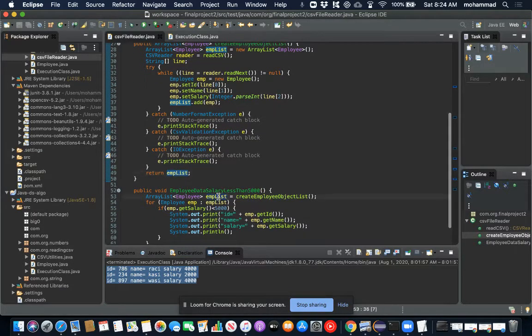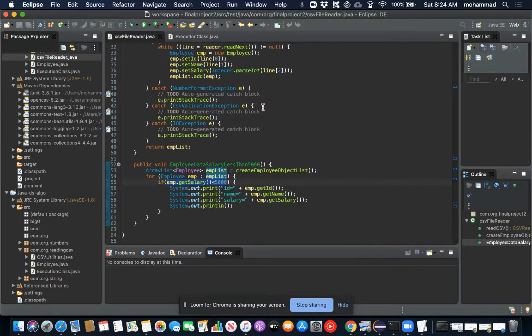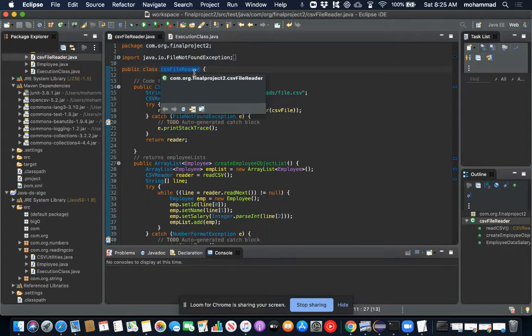When the employee list is returned, we can loop through this list and put a logic, if less than 5,000, then print it. Now let's run it and see if it is working. Okay, before that, one small change. Can you see our class name is CSV file reader, but this class no longer just does file reading.